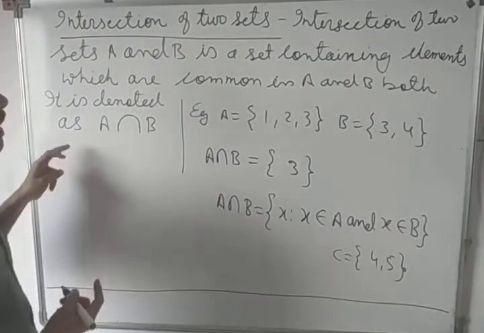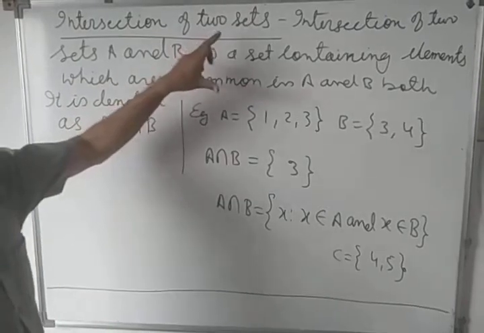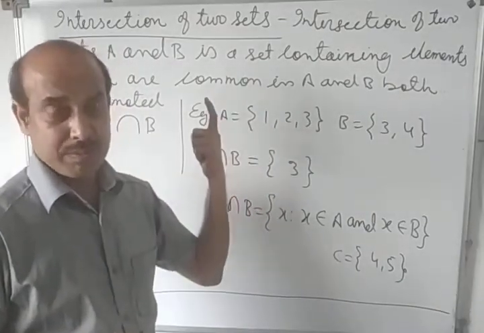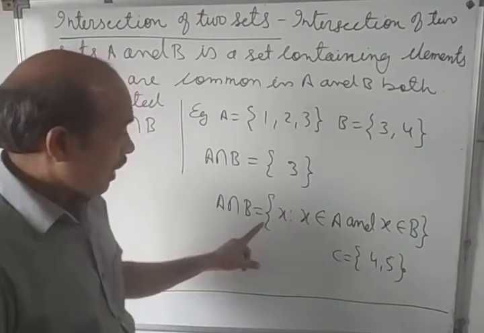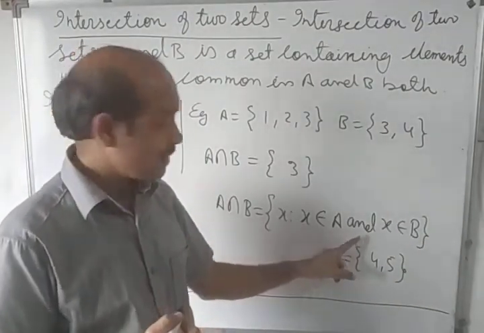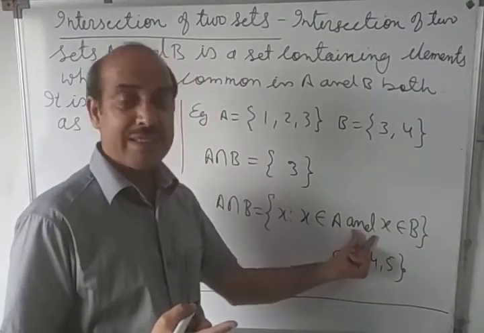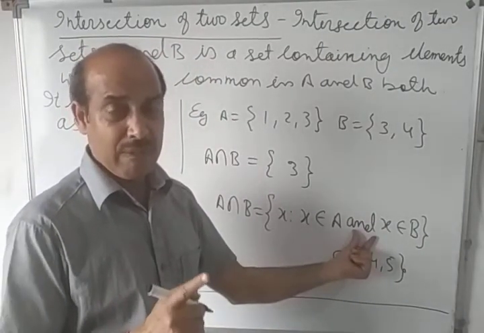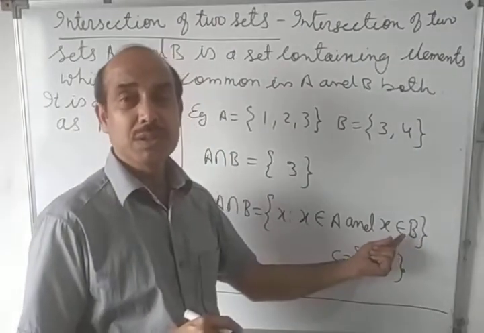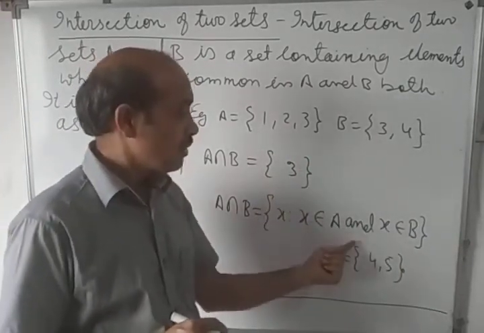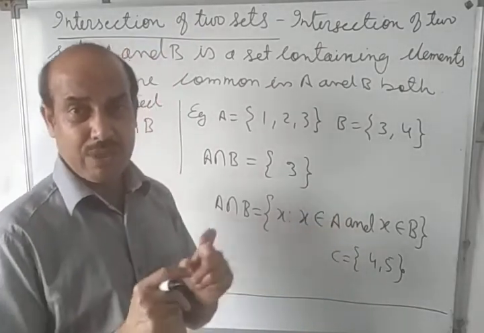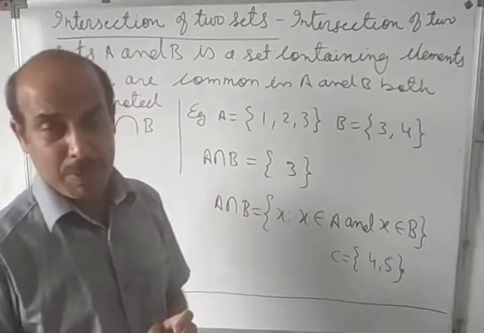The next one will come disjoint sets, but before that again intersection of two sets means set which is containing common element, denoted by this symbol. And always remember, here you will get the word and, because these two, union and intersection, are looking similar, only the difference is this word only. In union we have written earlier discussed that X belongs to A or X belongs to B, but in intersection only which is present in A and in B. So this or and is very important to remember.